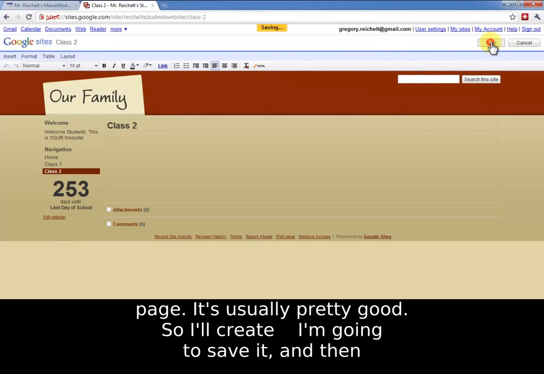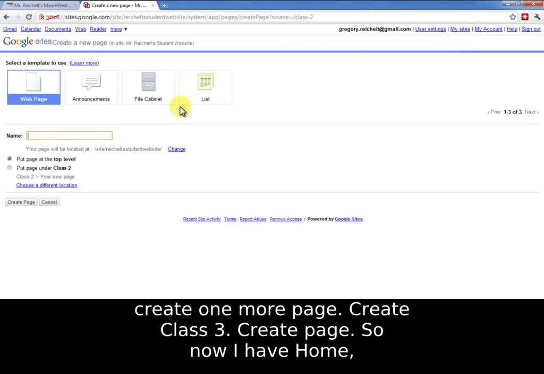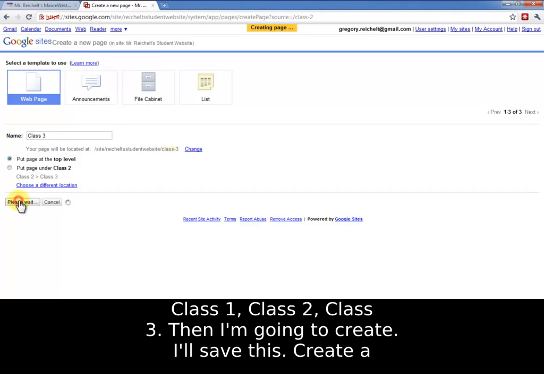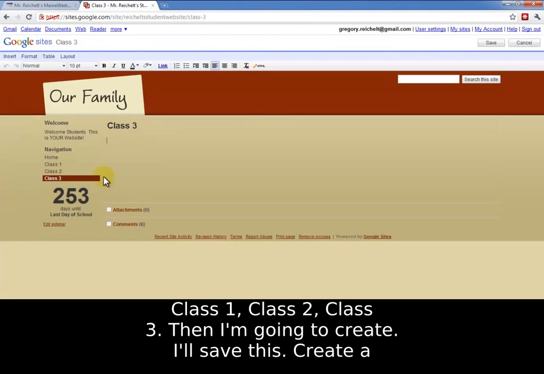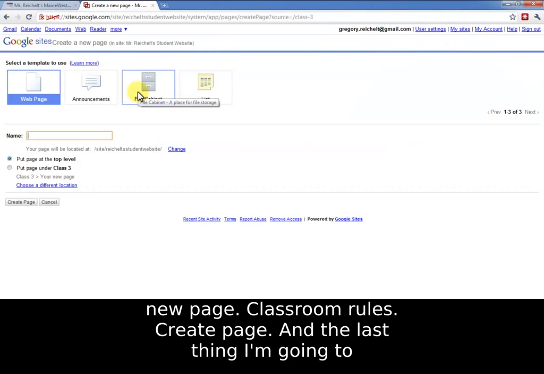I'm going to save it. And then create one more page. Create Class 3. Create page. So now I have Home, Class 1, Class 2, Class 3. Then I'll save this, create a new page, Classroom Rules, create page,